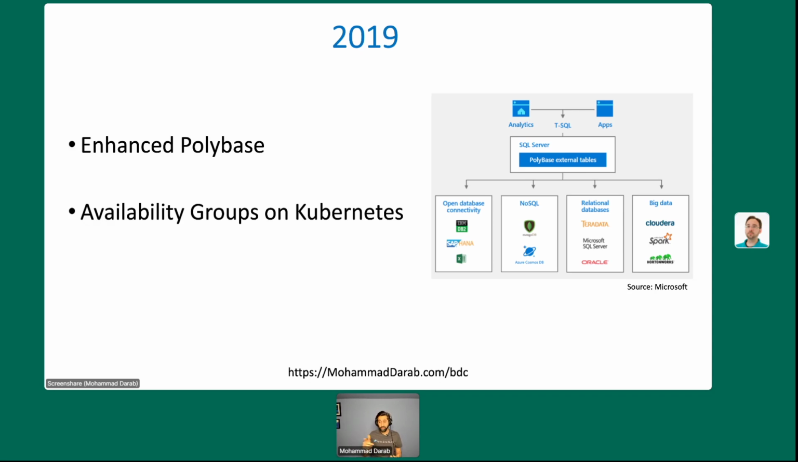If you pay attention to this image right here, let me actually bring in the mouse here. So we had the Cloudera and Hortonworks starting from the right-hand side. They integrated the Spark engine into Polybase. You can connect to a Spark engine. Now also moving over to the left, the relational databases. Not only can you connect to a different SQL Server using Polybase, but also a different database,